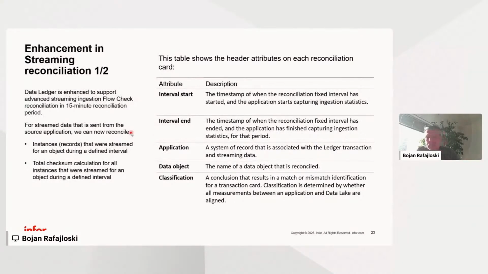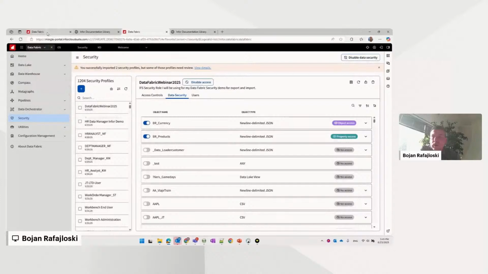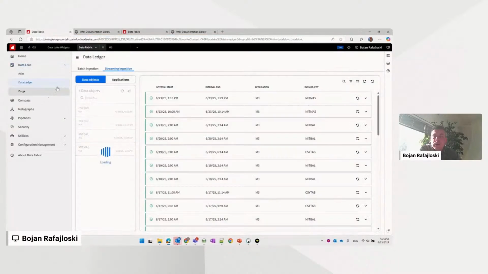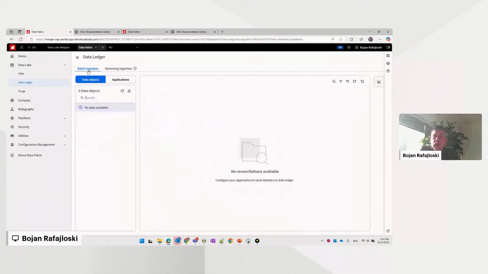Okay, I'll switch over to the UI just to show you how that looks there. Sorry, let me switch over from here to this tab. So this is the data ledger application. It's found under data lake, and you go to data ledger. On my environment here, there is